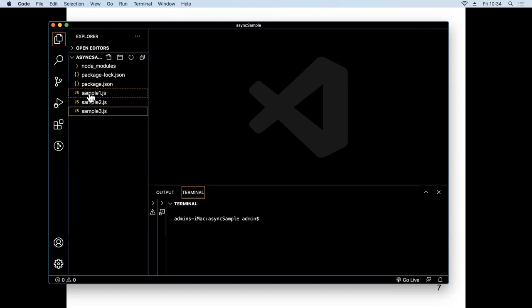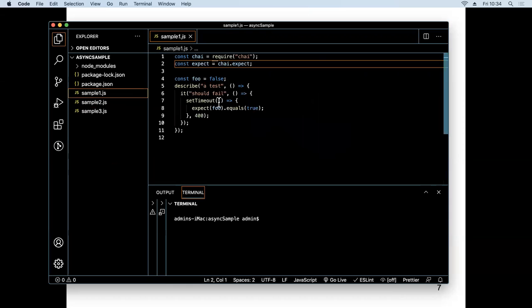So sample 1 is the one we were just looking at on the slides. Set foo to false. Evaluate is foo true. So this test should fail. And we're using,